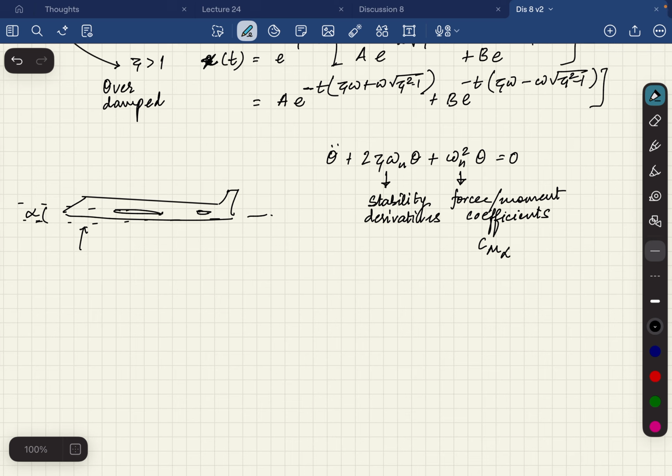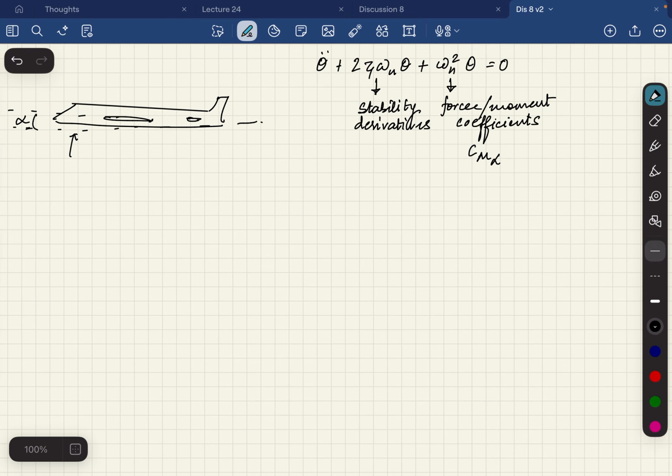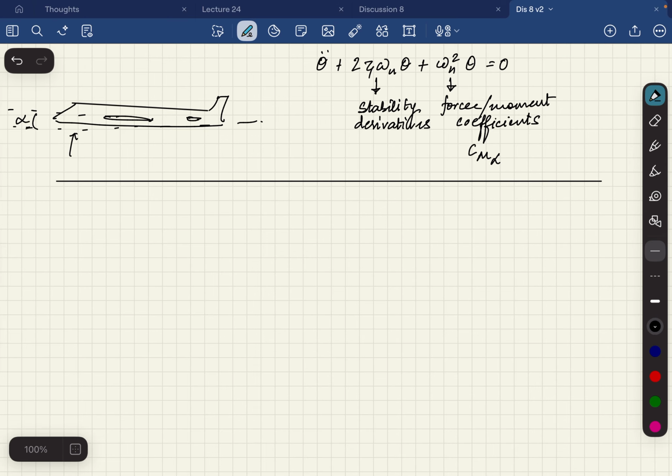So people will give you performance parameters: this should be my damping ratio, this should be my natural frequency. Based on that, you are going to analyze how to size the horizontal trim tab or the vertical trim tab. Is this clear? So is the concept of a second order differential equation clear? Okay. Moving on to the next part for today